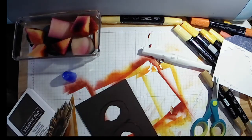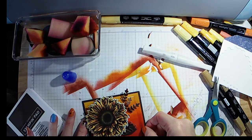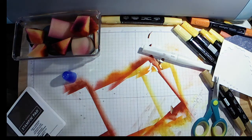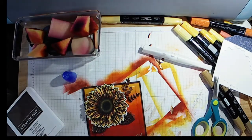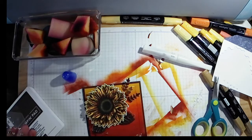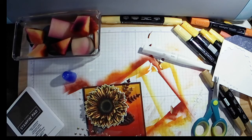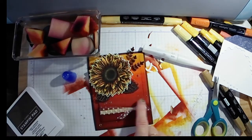There we go. Probably have glue where I don't need to have it, but we'll find out in a second. There we go. I'm going to pull it up because I know I have, not much. But there is our base of our card, and I'm going to finish it off with some gilded gems that are in gold, just plain old gold. And I'm going to put these randomly around my card, different sizes. There we go. And I've left room here for a sentiment,